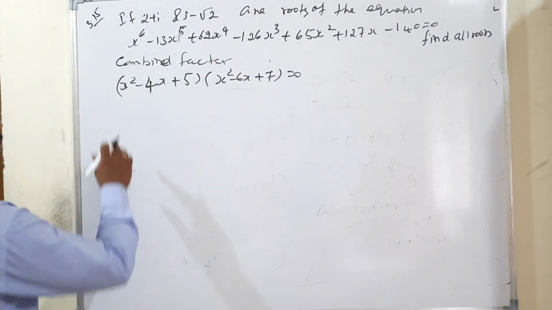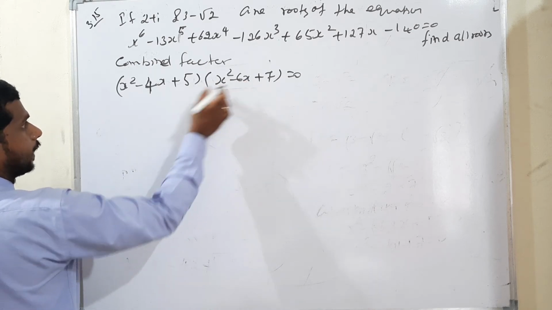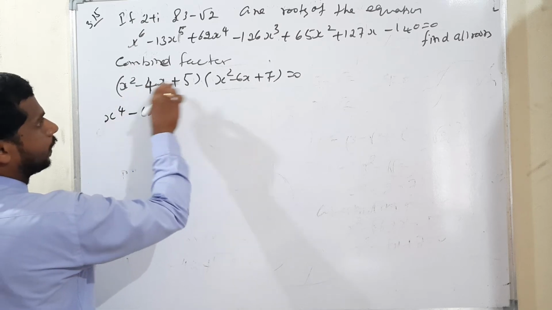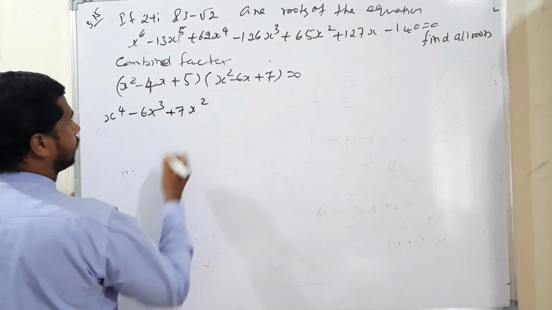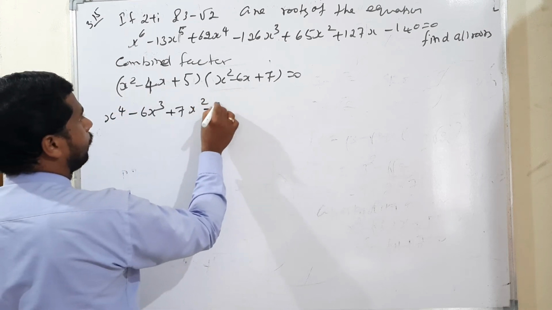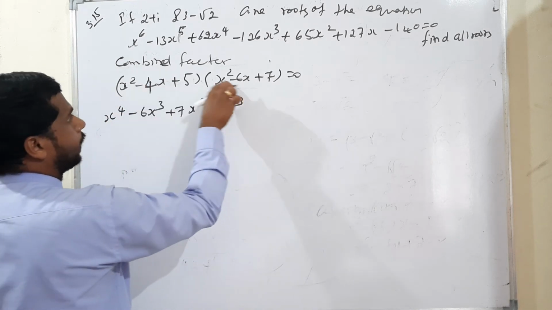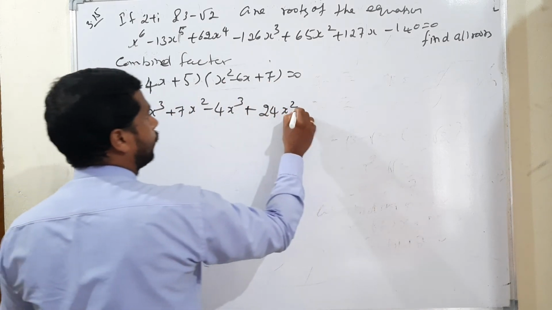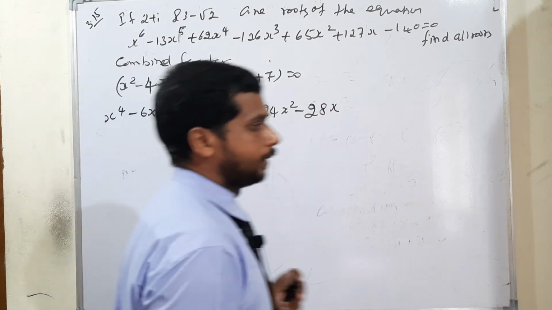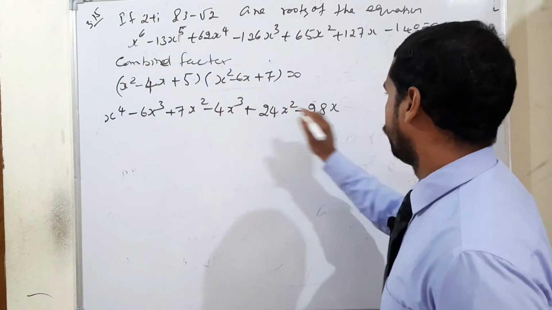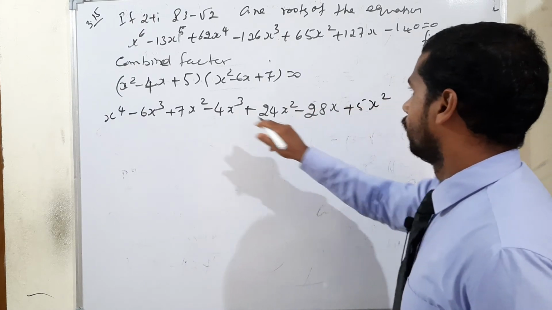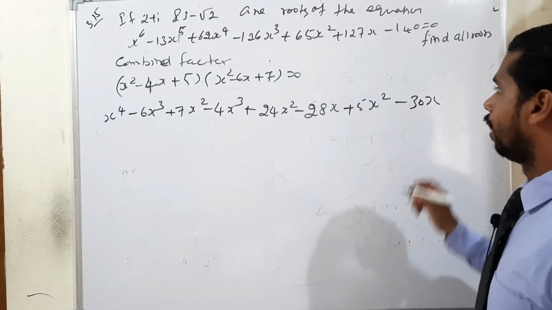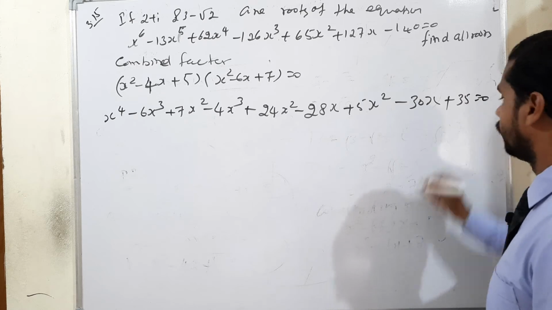So just multiply one by one, x square each and every time. Multiply the second term: x to the power 4, minus 6x means minus 6x cube, x square plus 7 means 7x square. Next one, minus 4x into x square means minus 4x cube, minus into minus plus, 6 4s are 24x square, 7 4s are 28, minus 28x. The last condition, into 5 into x square means plus 5x square, again plus into minus minus, 6 into 5 means 30, so minus 30x. Last one, plus 5 into 7 means plus 35 is equal to 0.